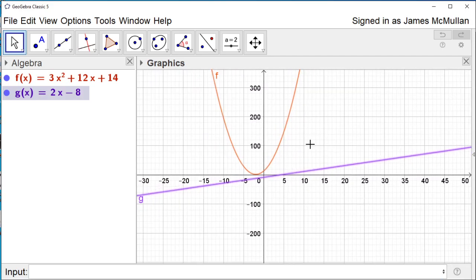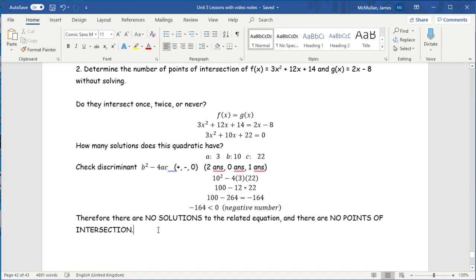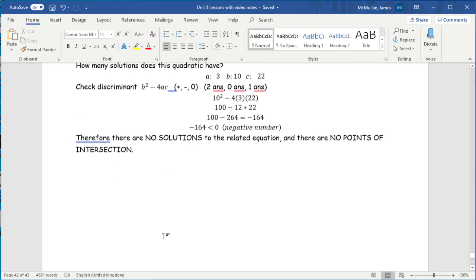So there are 0 solutions, and these two things never meet. There are no points of intersection. Again, I don't actually need to solve the equation to figure that out. I could just use the discriminant to figure out how many solutions there are. Since the discriminant gives me a negative number, I know there are no solutions and there are no points of